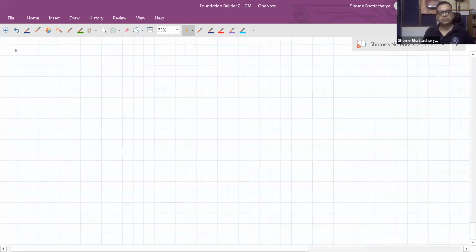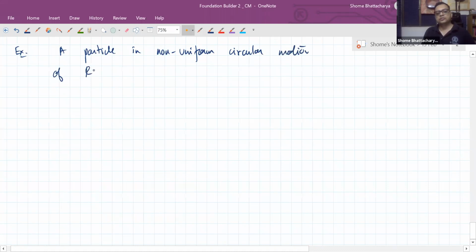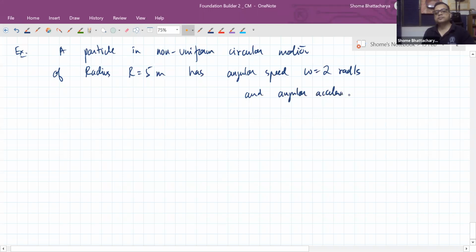Okay. Let's look at our next example. So, a particle in non-uniform circular motion of radius 5 meters has a speed of 2 meters per second. Sorry, not speed. It has angular speed 2 radians per second, and angular acceleration alpha equal to 4 radians per second square